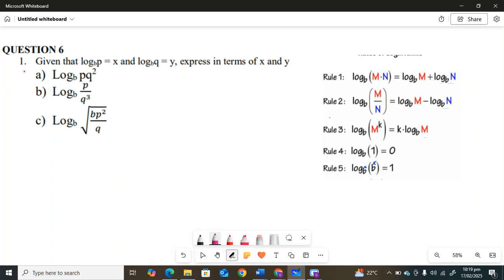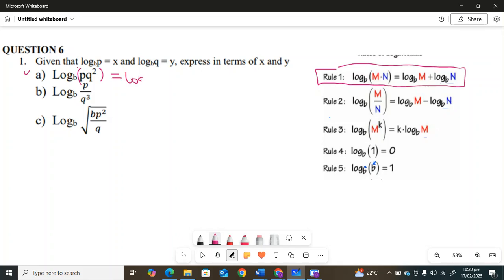So we'll start with part A. For part A, we need to apply the product rule, which says whenever I'm multiplying, log b m times n equals log b m plus log b n. So in this case here, we have log b p times q squared. If we apply the product rule, this is going to become